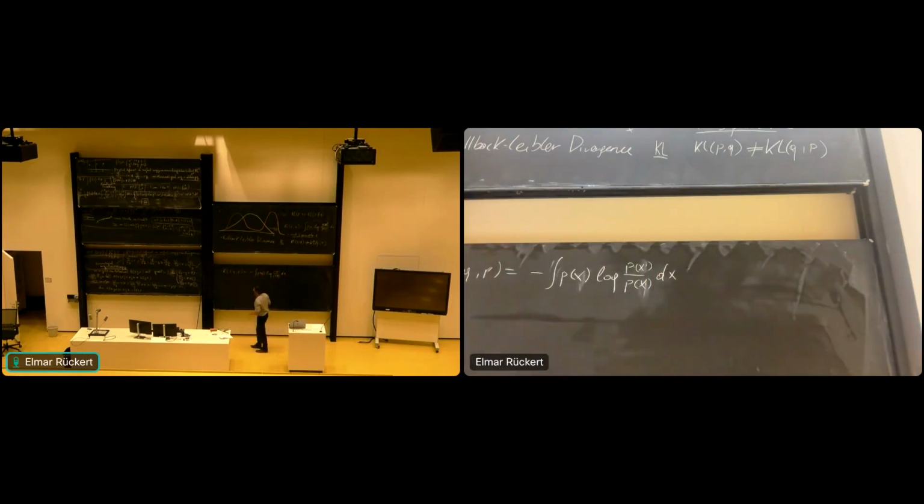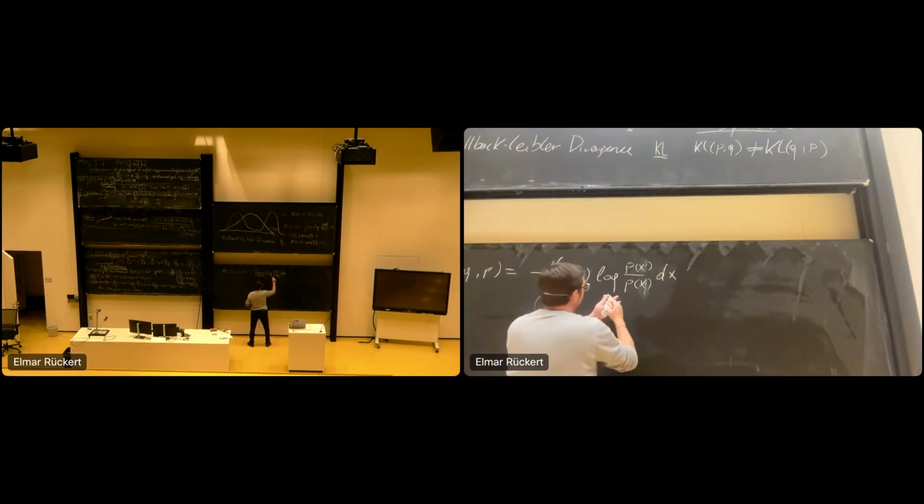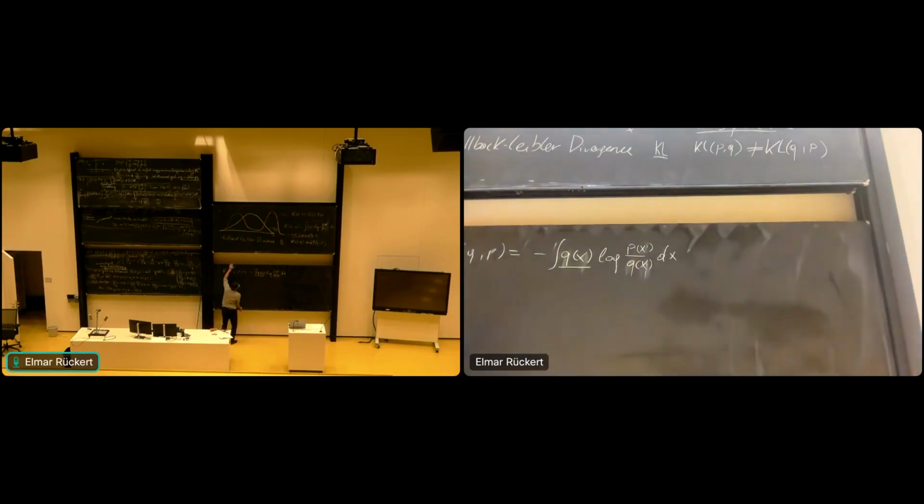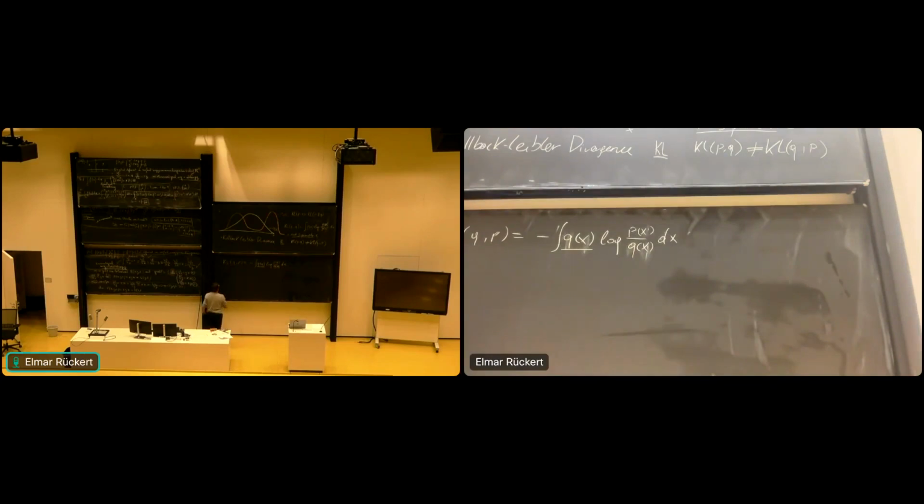So in this case, the importance weight is Q of X. Now it's correct. I see the difference. We have two different importance weights. Now, if we look at the effect now,